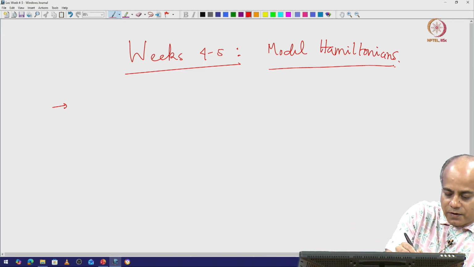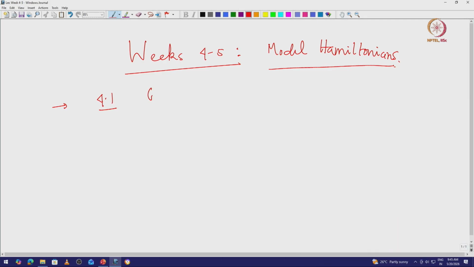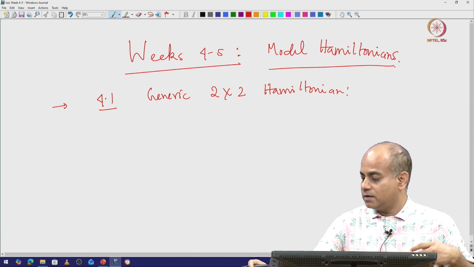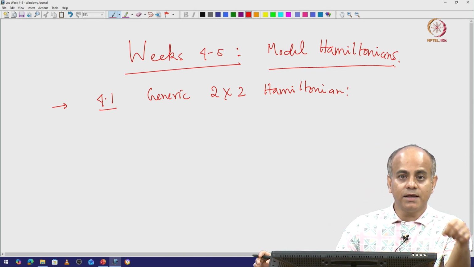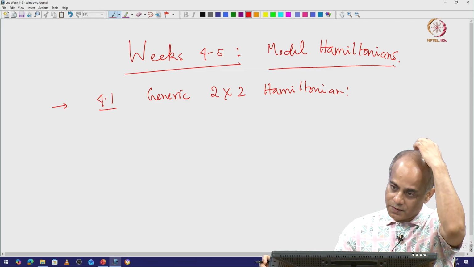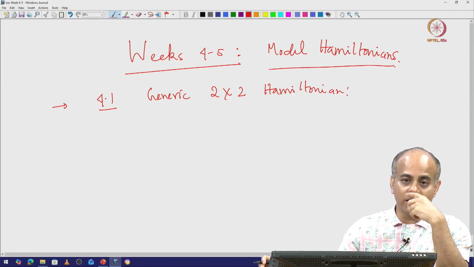So, the first one is generic 2 by 2 Hamiltonian. Okay. So, when we say 2 by 2, we mean 2 dimensional Hilbert space, and there can be many degrees of freedom giving rise to 2 by 2 Hamiltonian,